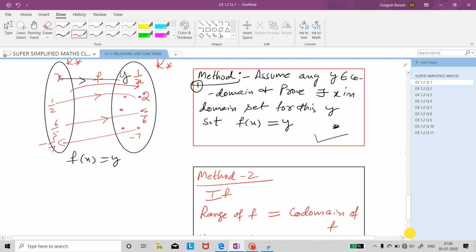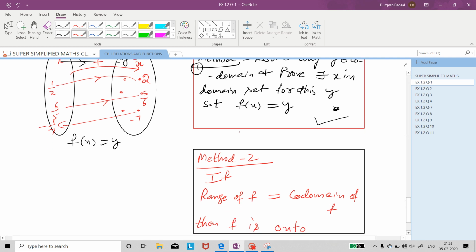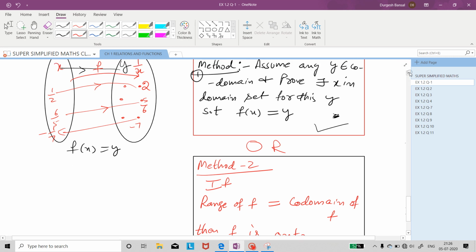So I just write both, either this or this. Either you take the first method or the second method, and it will depend on the question also. Most of the times what I have observed is that when the domain set and codomain set, this is a general thing, you cannot say it hard and fast, that when domain and codomain